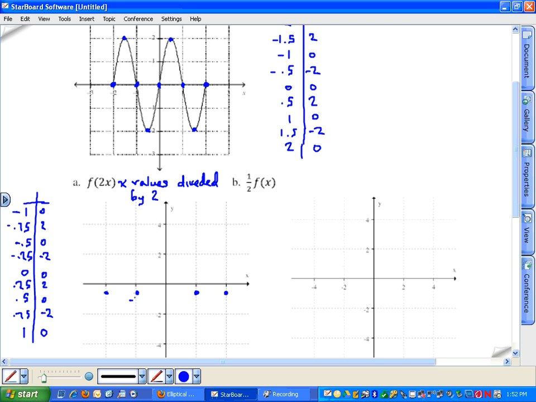I'm going to call this negative 1/2, negative 1, positive 1, and excuse me, this is 1/2, and that's going to be 1. I'm going to call this 1, 2, negative 1, negative 2. I think it'd be easier to graph this way. Now just plot the points, negative 1, 0, negative 0.75, negative 1/2, 0,